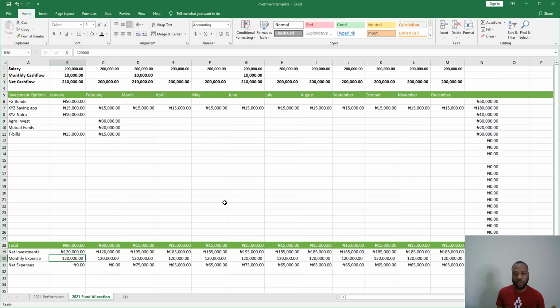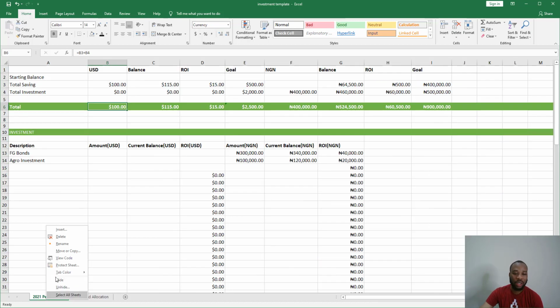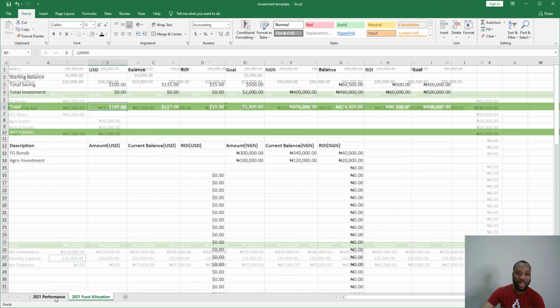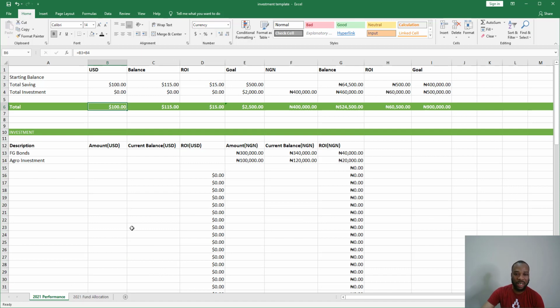It has been really useful for me to actually track. And usually what I do is that at the end of every new year, I just duplicate the sheets, I save a copy, and then I use it for the new year. I just rename it so that I can see what I am doing for this new year. I feel like if you use both of them together, you have a very clear picture of what is in your portfolio. Because what usually happens is that I have investments that are transitioning between years,